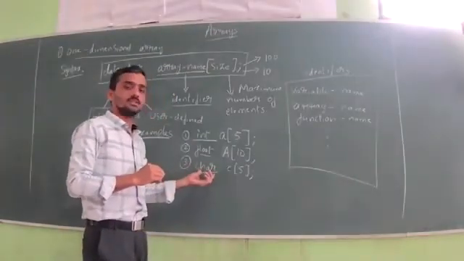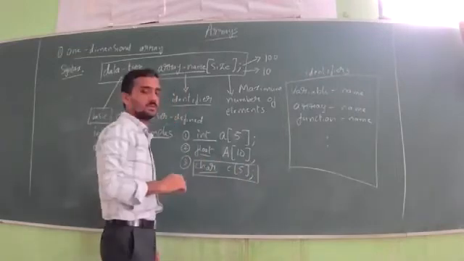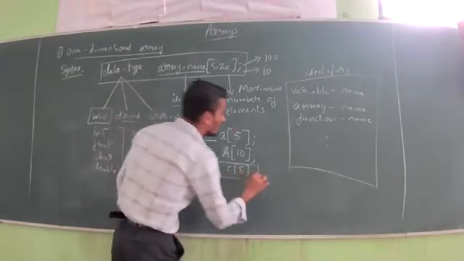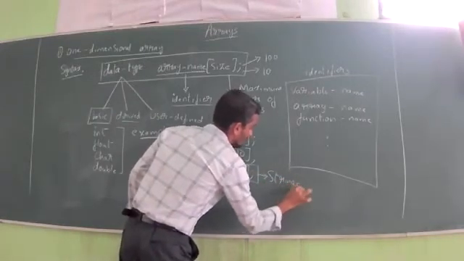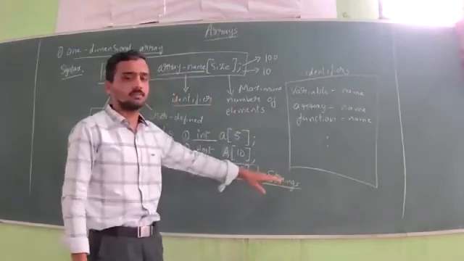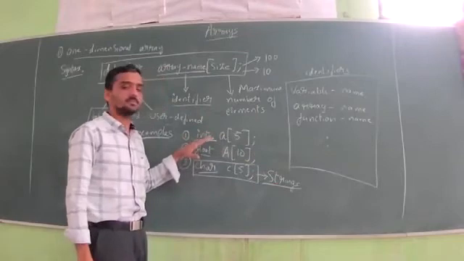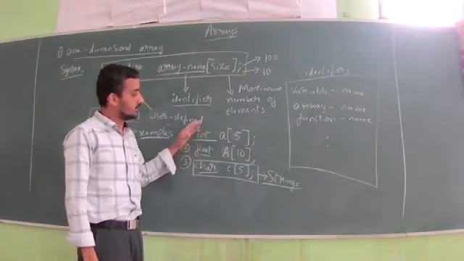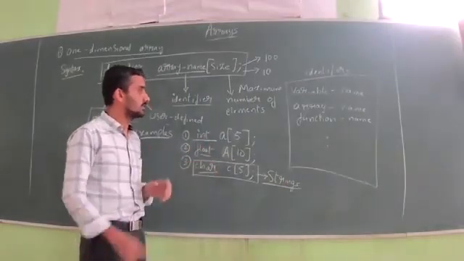So for this third example, if we want to discuss it in detail, we have the concept called strings. We can say it is a subtopic or sub-chapter of the arrays chapter itself. Once we complete these two data type examples with programs, then we will move to the strings chapter. There, the character data type is covered in detail.